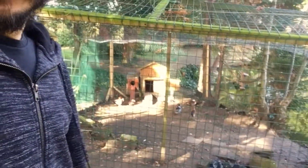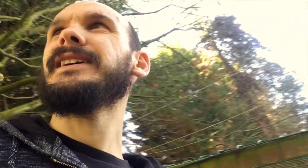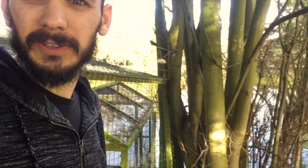Look at this amazing area that I just found. Just in here, look, we've got a little duck house, little duck village, and they've made a nice, can you see there, little waterfall slide. And around here, we've got lots of trees and sort of an island in the middle. It didn't used to be as fenced off as it is now, so I guess it's turned into a little bit more of a feature than it was before. So this is quite nice. I don't know how far you can walk around it, but